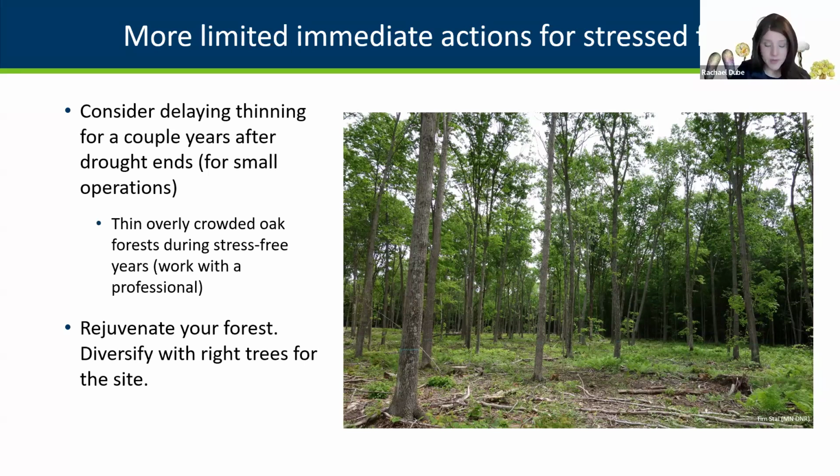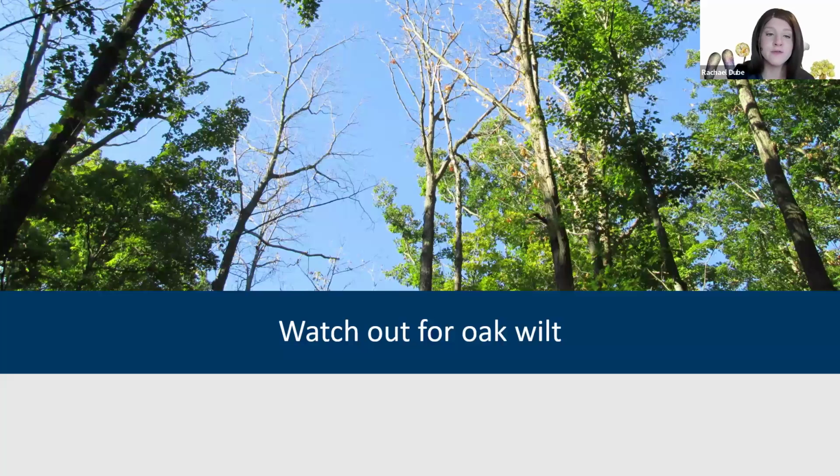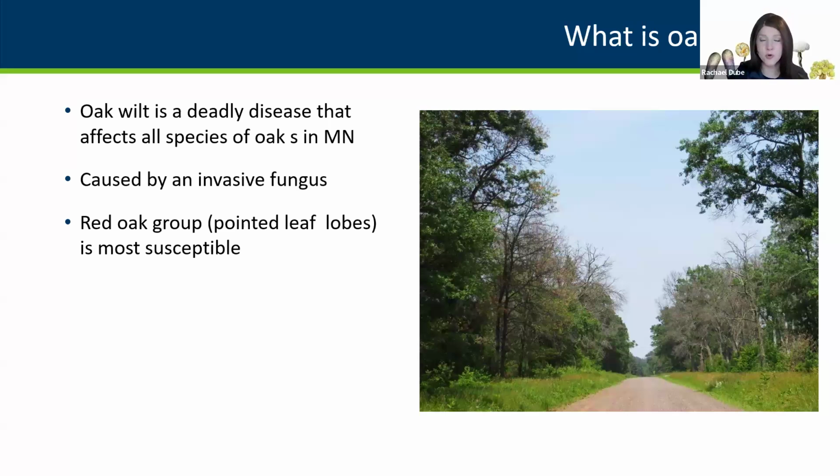This is something to just be on the lookout for, is oak wilt if you are seeing unhealthy oak trees. So oak wilt is a deadly disease that affects all oaks in Minnesota. It's caused by an invasive fungus. And I know I'm going just really quickly. I could do a whole presentation on oak wilt, but it is